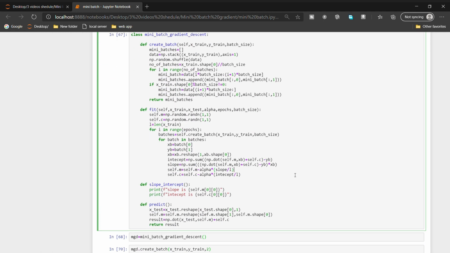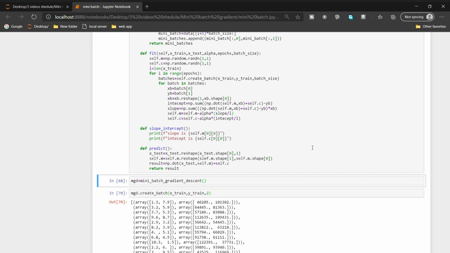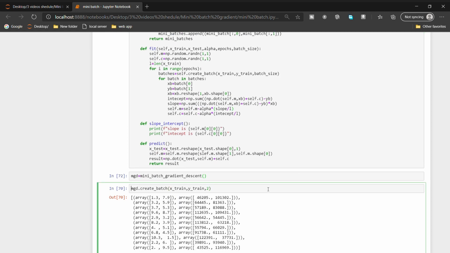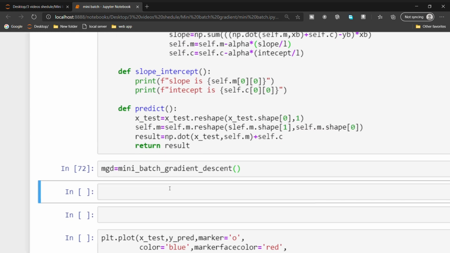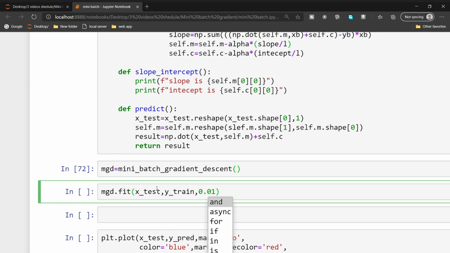Now we need to find out if this algorithm is working or not. I'm deleting this cell. We need to fit our model: mgd.fit(xtrain, ytrain, alpha value 0.01, number of epochs 4000, and the batch size I am giving 4.